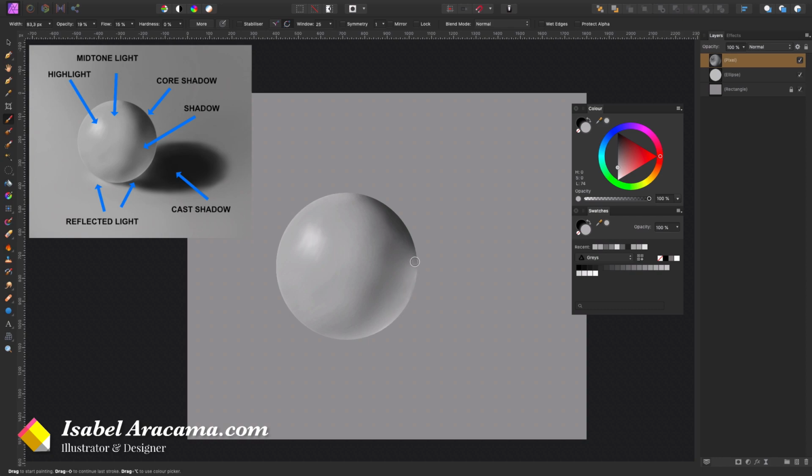I don't really like this area here. I've done something, that's better. Okay, so now probably what I need to do is making this a little bit darker here. Blend, blend, blend, blend until you faint.